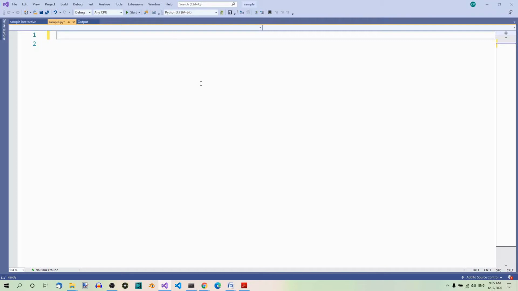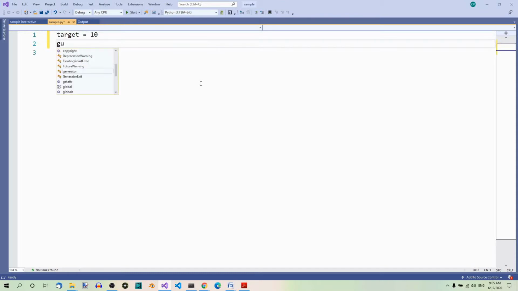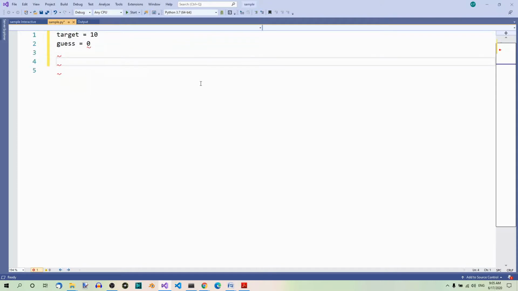Here we have two variables. Target equals 10. Guess equals 0. And here's our while loop. The loop runs as long as our guess is not equal to 10, which is the target number. So, while guess is not equal to target,